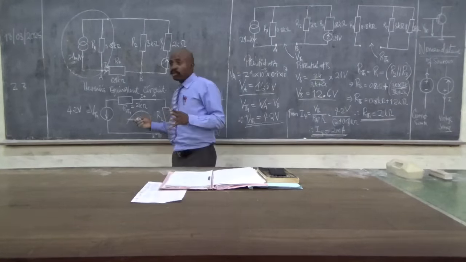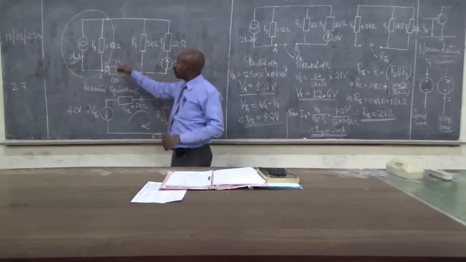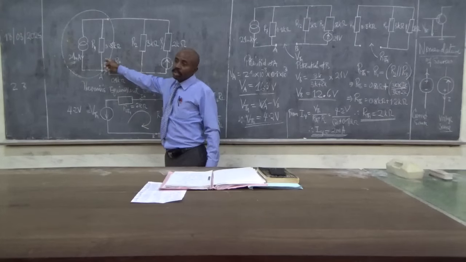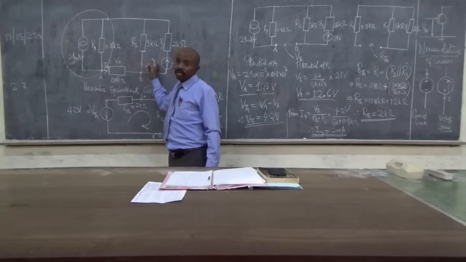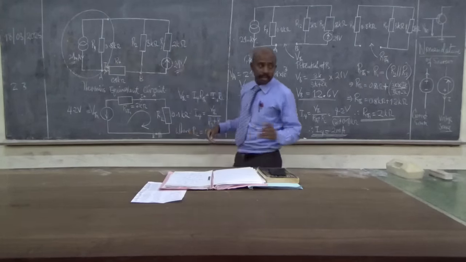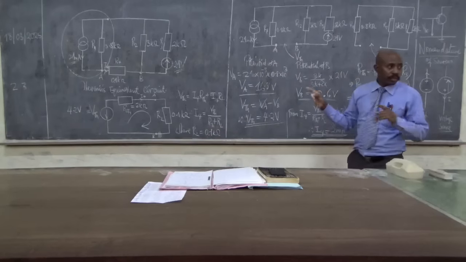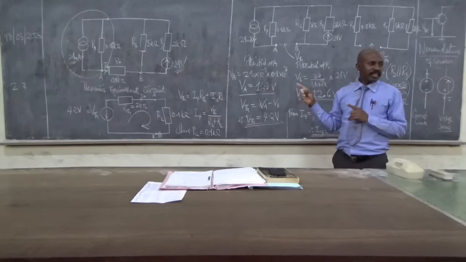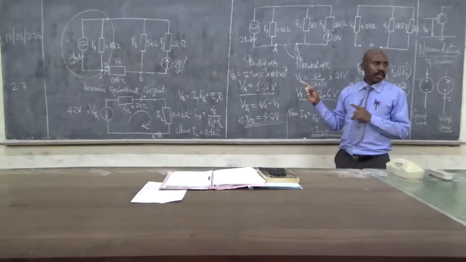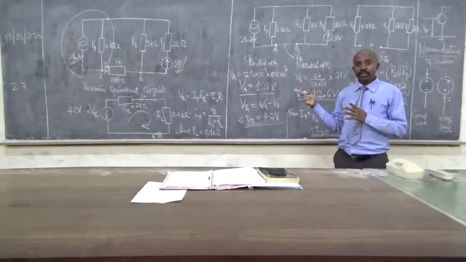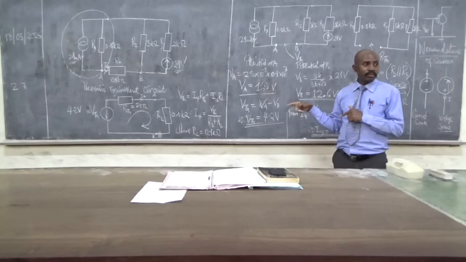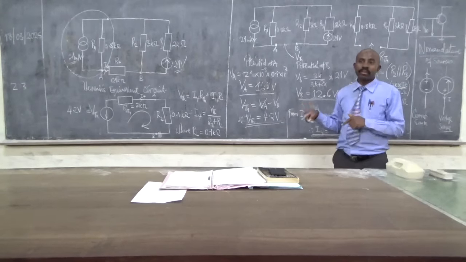The other thing I want you to do is change this one into a voltage source and see whether you can take these ones as loops, and also the current case here, and see whether you can use Kirchhoff's to find the I4, so that you can use Kirchhoff's, Thevenin, superposition,